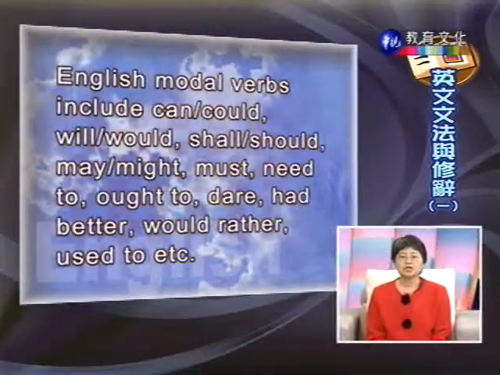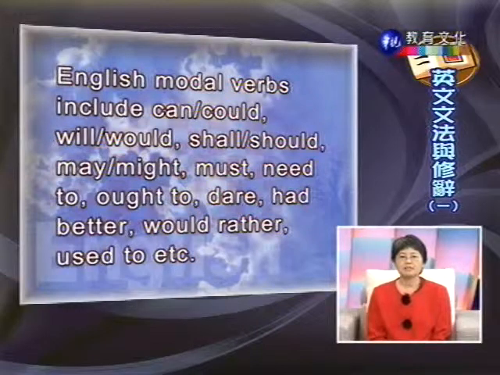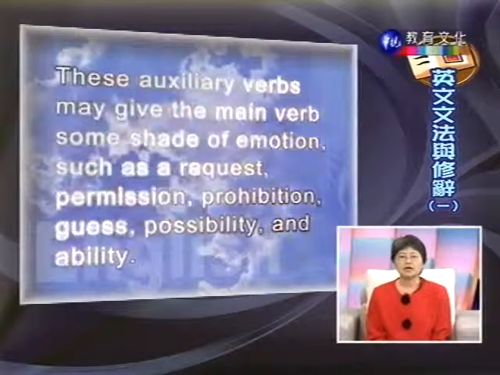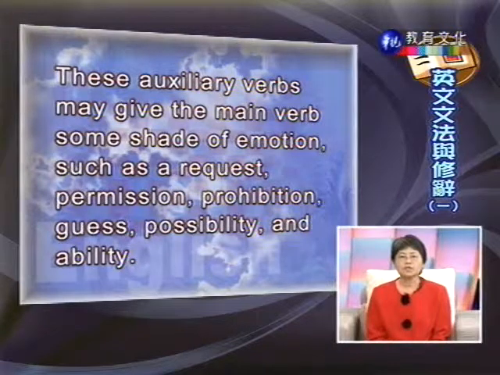好,现在我来为同学讲解课文。English modal verbs include can, could, will, would, shall, should, may, might, must, need to, ought to, dare, had better, would rather, used to 等等,就是英文的语态助动词,包括了我们前面讲的这么多词。这些 auxiliary verbs,modal verb 也是 auxiliary verb,就是助动词,may give the main verb some shade of emotion,它可以给主要动词某一些程度的情感表现,such as 比方说 request 表现一种要求,permission 允许,或是